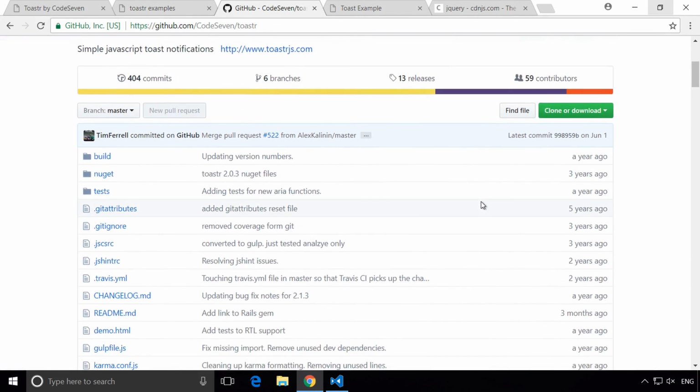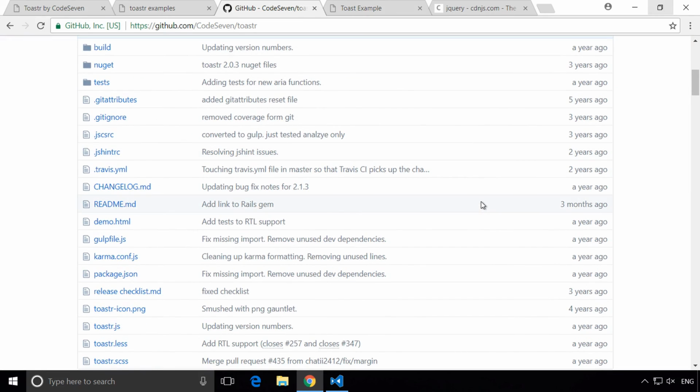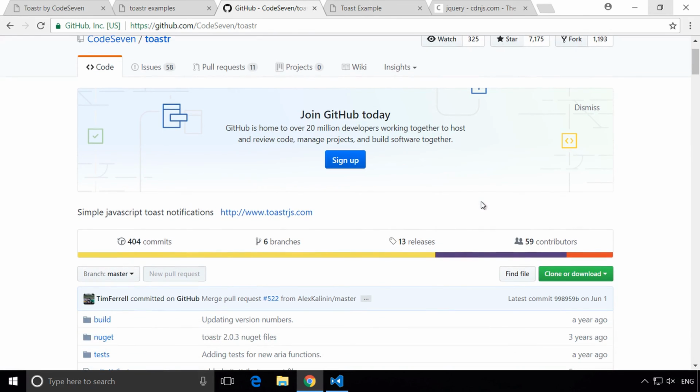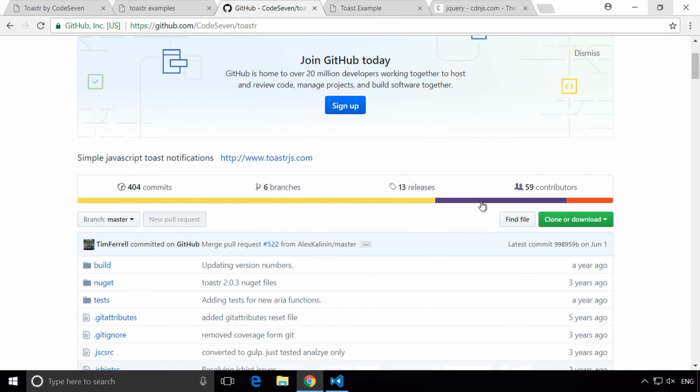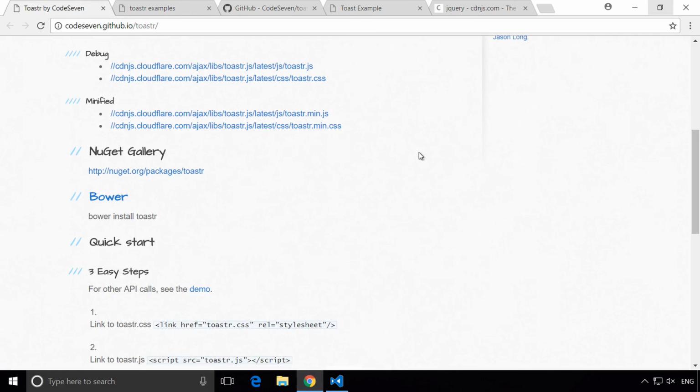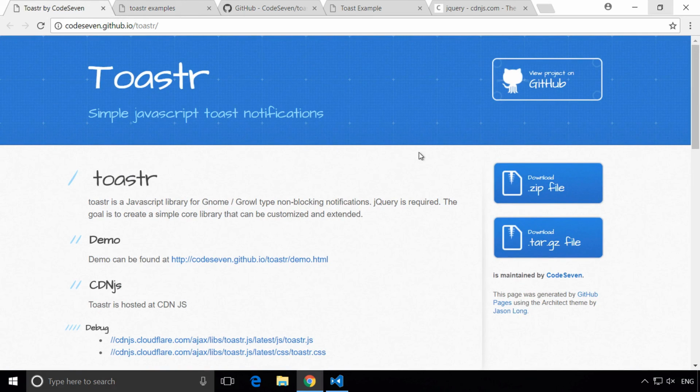The code itself, if you look on the GitHub page for it, hasn't been updated for a while. It looks like it's been fairly abandoned at this point, but it still works. It's good. Could probably do with a few customizations and updates, but you know, for providing simple notifications, I think it's really effective. So there you go, Toaster. Go and check it out. It's next thing to add to your project to give it that little bit of extra